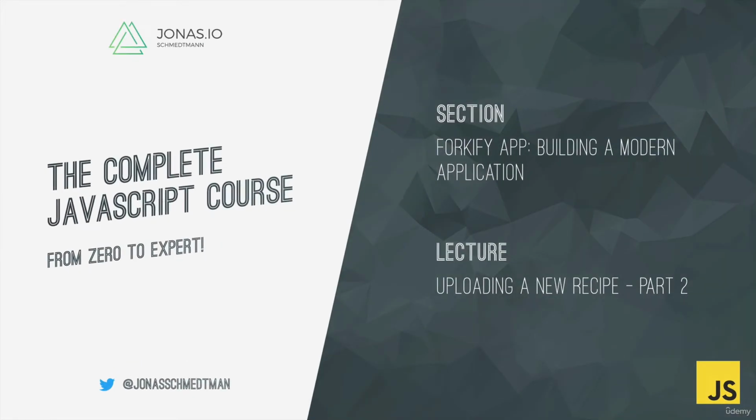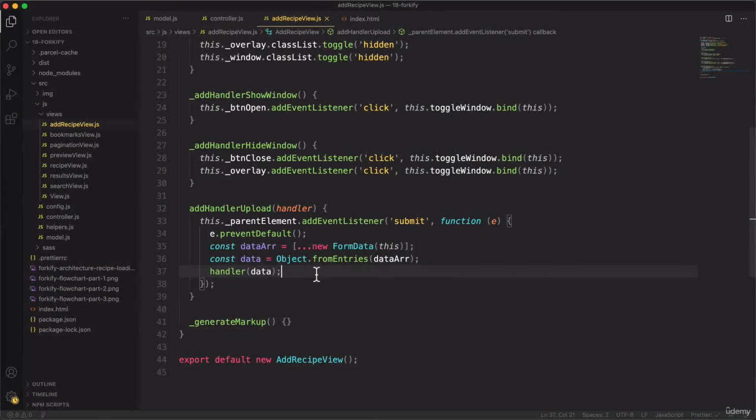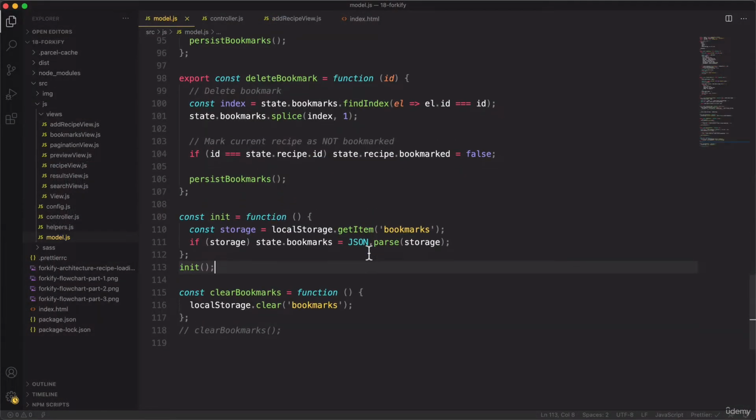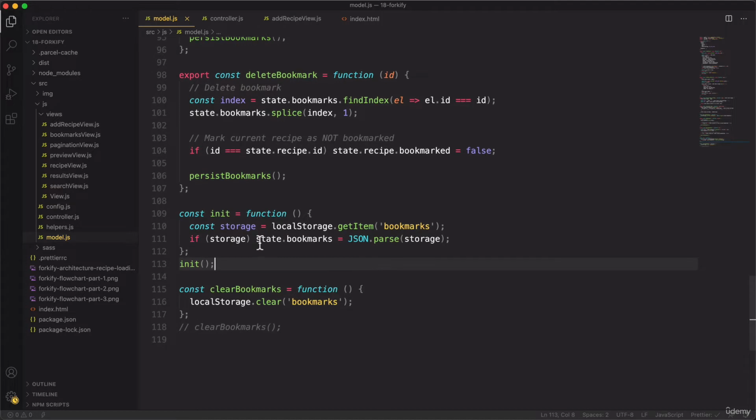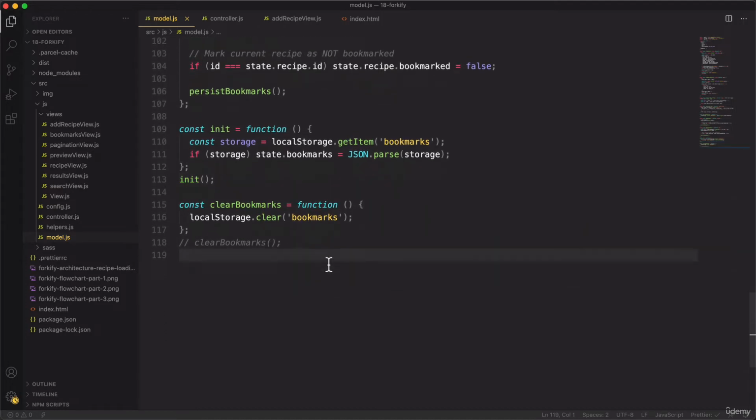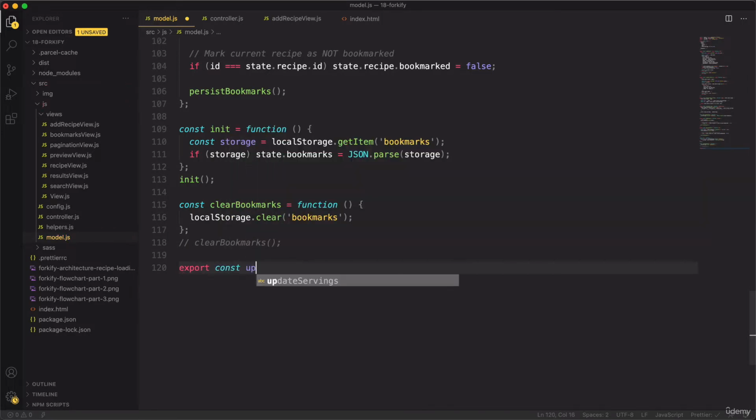Let's now continue working on the recipe uploading feature. At this time, we will actually work on the model which will be responsible for sending the recipe data to the Forkify API. So let's go to our model, and then down here, after the bookmarks, let's create a new function and export it called upload